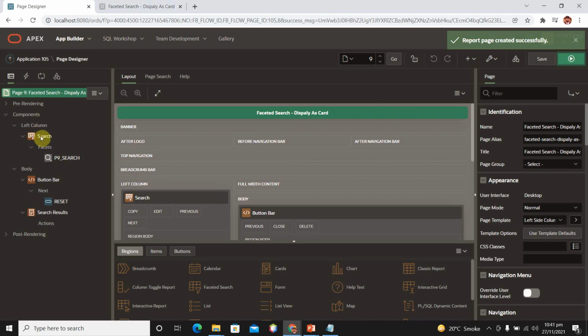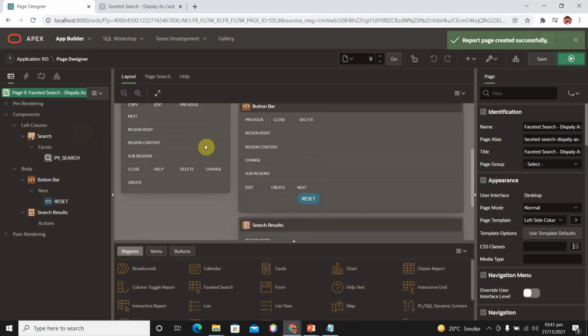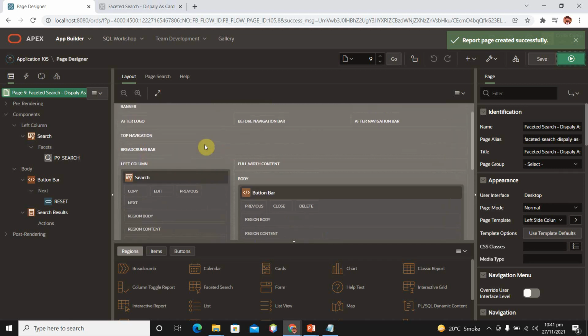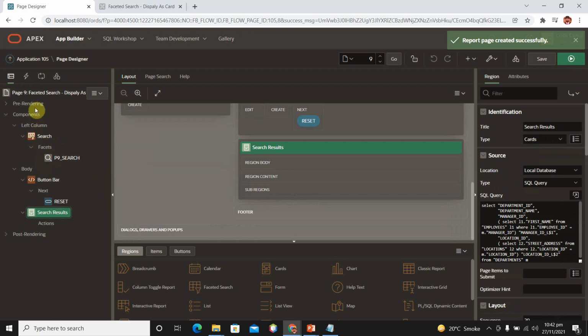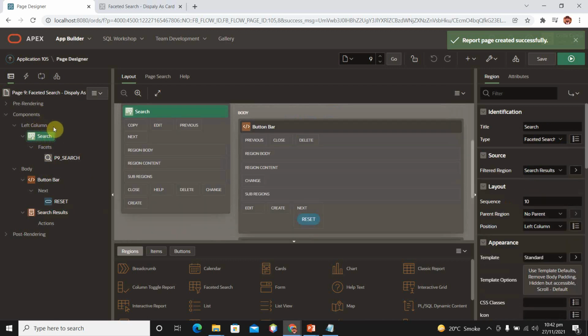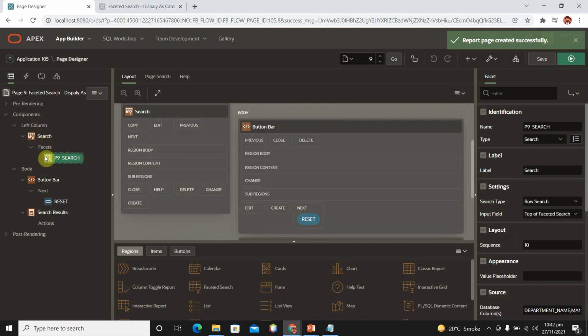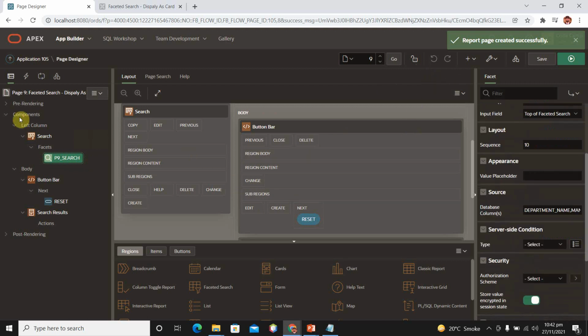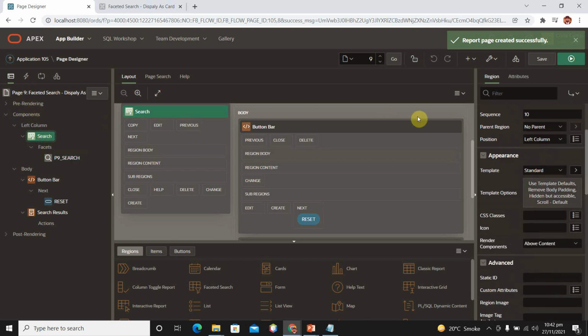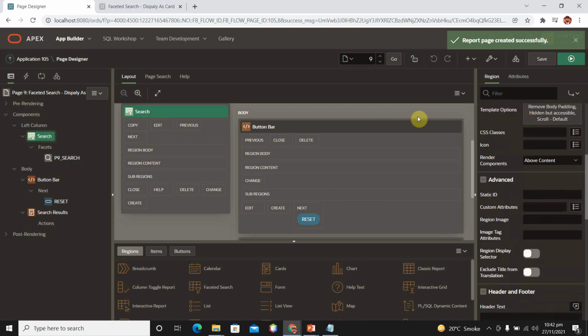Click on your search results and search, select search, and here we have its properties.